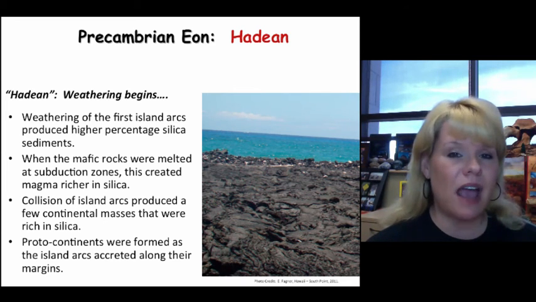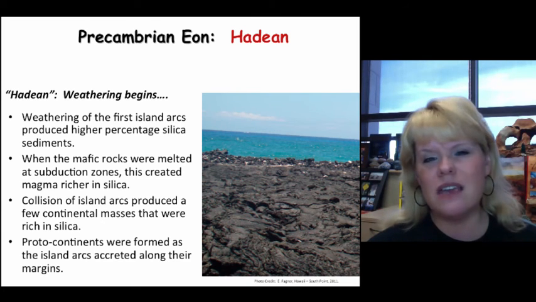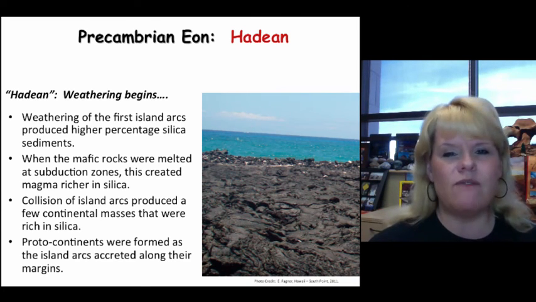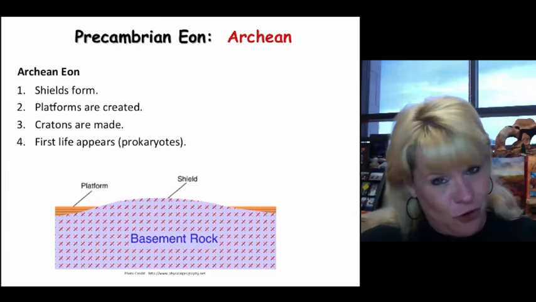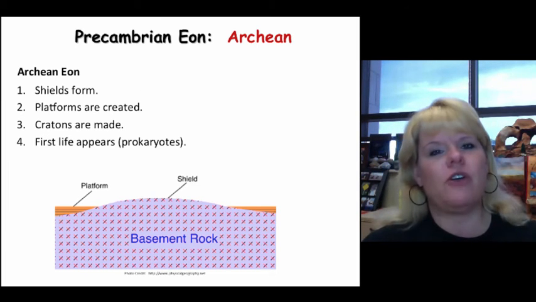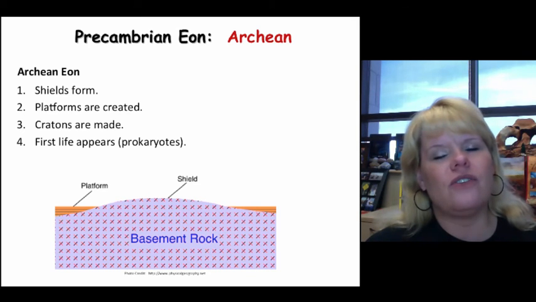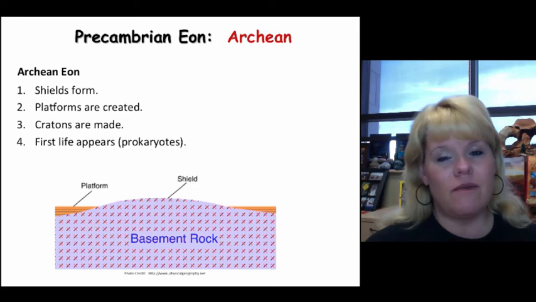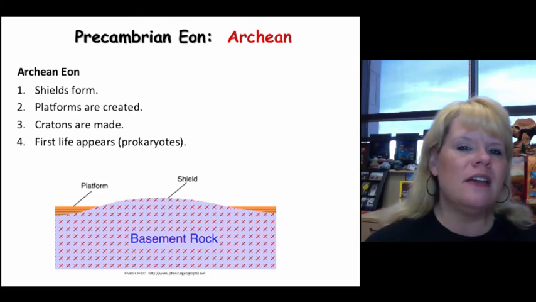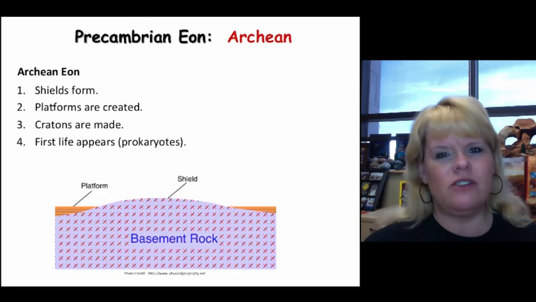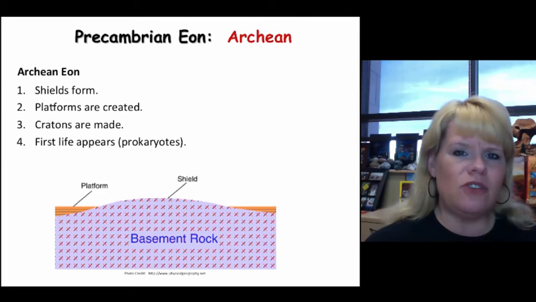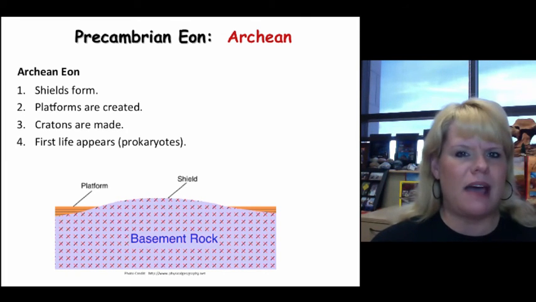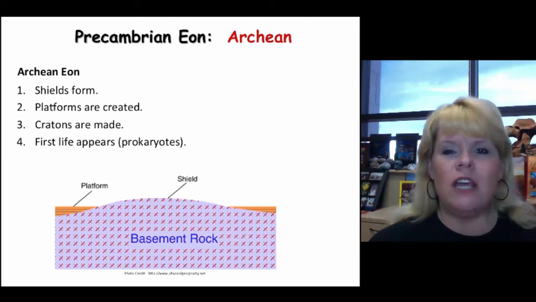Do we have an accurate record of what those look like? The answer would be no, because we have virtually no rock record of the Hadean. However, we do have a very good rock record of the Archean. Early Archean rocks are highly deformed and very difficult to find. They're metamorphosed substantially from pressure and from heat, so most of them are difficult to interpret at best. Later Archean, not so much so.